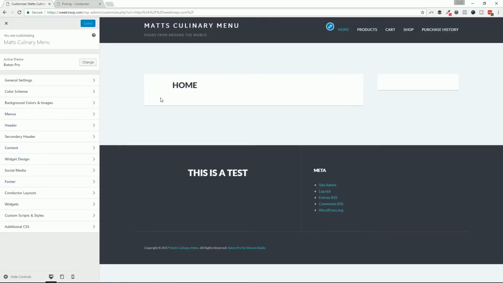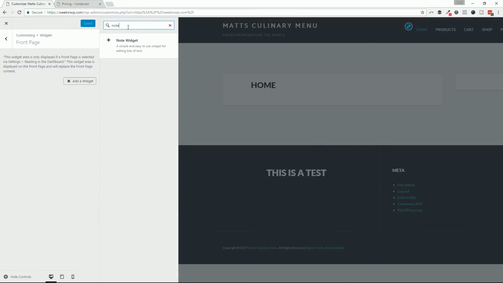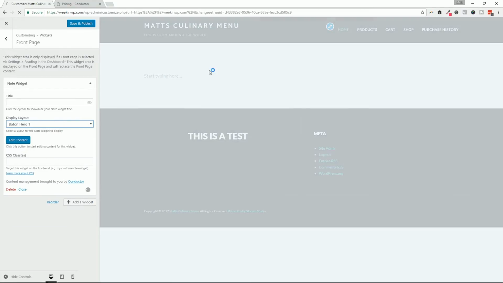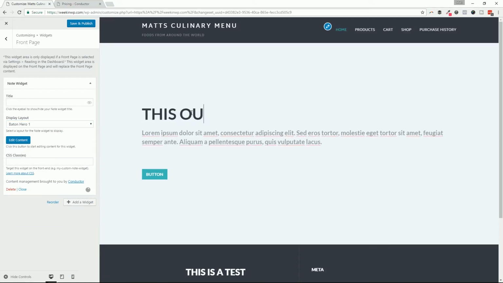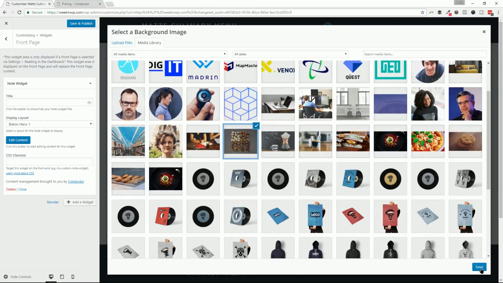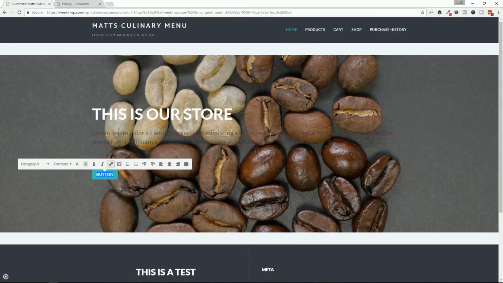On the homepage, you'll be able to craft more of an e-commerce type of homepage. If I did something like this, we're going to put in a hero widget. Just to give you some depth here, I will put a Baton Hero 1. This is our store. Again, I'll just throw in an image. I'll do the same one as before, and I'll just turn this to white. So now you're able to craft that message. You may even link it to your shop or however you want to use this hero